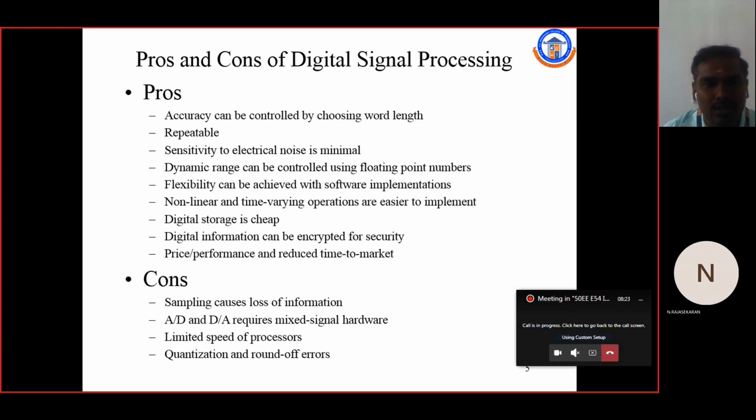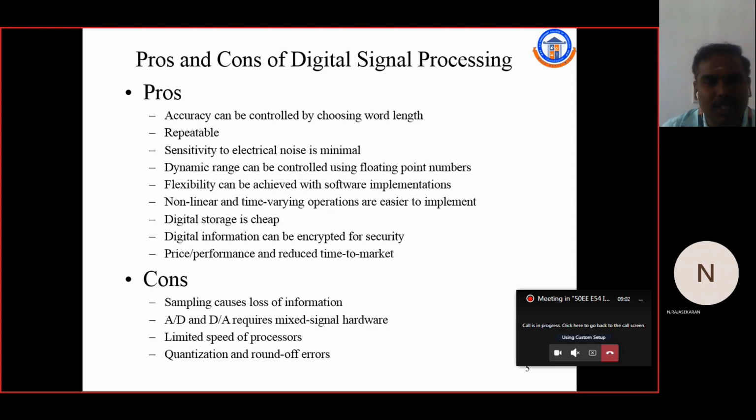In analog processing we have the sensitivity problem, but here it is eliminated because we are eliminating the noise. Dynamic range can be controlled using floating point numbers. Flexibility can be achieved with software implementation. Nonlinear and time varying operations are easier to implement. Digital storage is cheap. Digital information can be encrypted for security. Price performance is better and time to market is reduced. So these are the advantages of